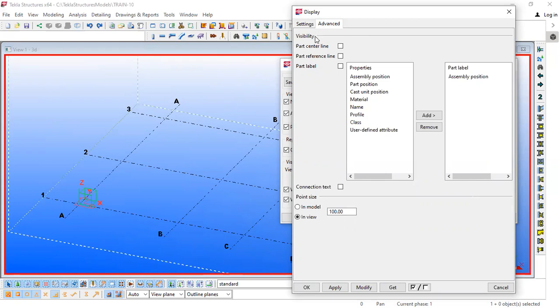advanced tab of display properties, where we can see there is an option for adding a part center line, part reference line, part label, connection text, and point size. So all these are some assistants for picking certain objects. Okay, like point, connection. This is for selecting some object, or for referencing the